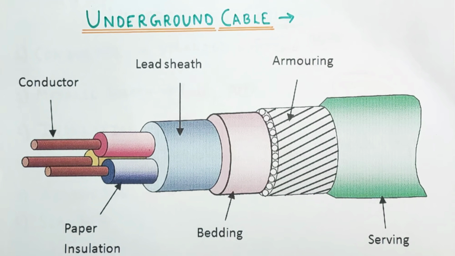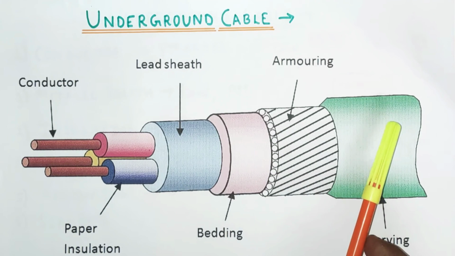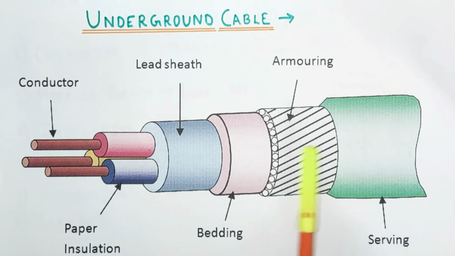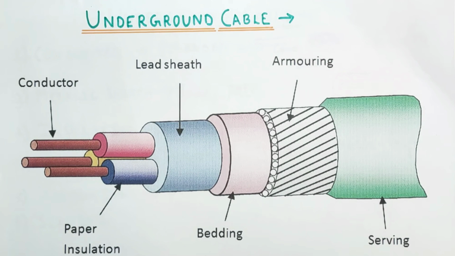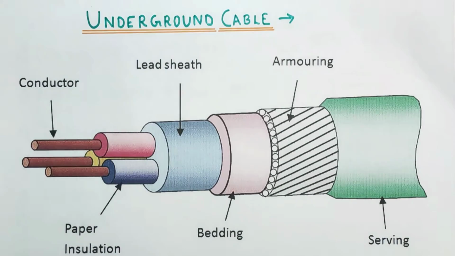Firstly, before starting the video, friend, I would like to tell you that in underground cables, we require more protection as compared to overhead cables. Because if any fault occurs in the overhead cable, then we can easily recognize it and repair or resolve the fault. But if any fault comes in an underground cable, as these cables are under the earth, it is very difficult to recognize the fault, and for finding the fault we have to dig the earth, take the cable out, and then find where the fault is. So it is necessary that we provide a large amount of protection so that faults in the underground cable will be reduced.